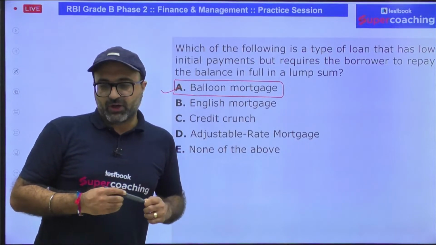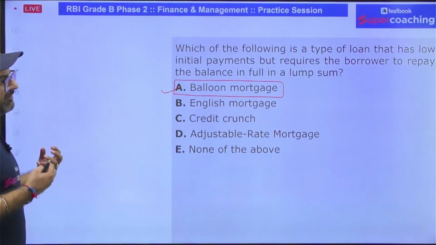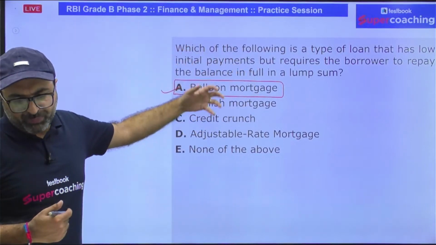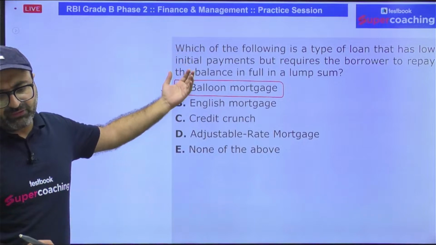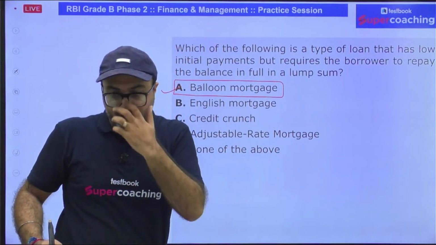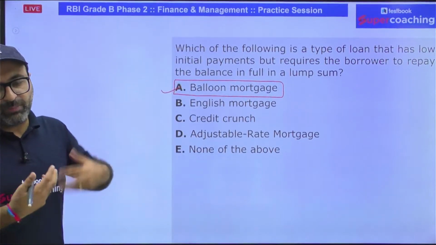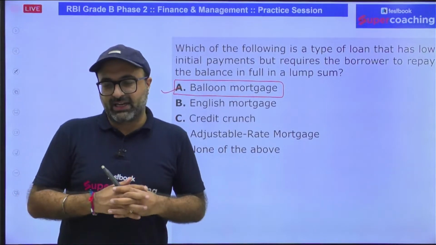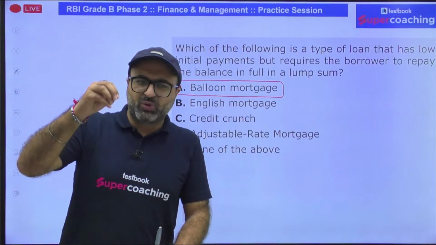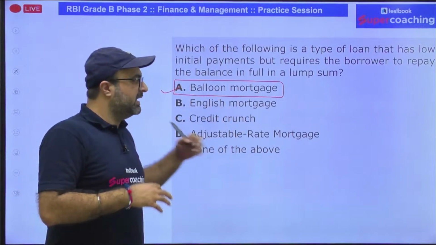Whenever we talk about real estate related loans, these are the loans that have a very low initial payment, but they require the borrower to pay a lump sum amount in the near future. So they have very low, or maybe in some cases no monthly payment, and at the end of the loan tenure the borrower needs to pay the full balance in lump sum form. The monthly payment, if any, could be only interest, and that is pretty low, and the entire amount is going to be paid in lump sum form.